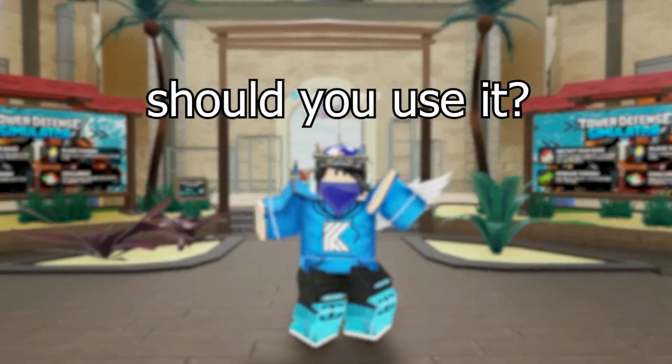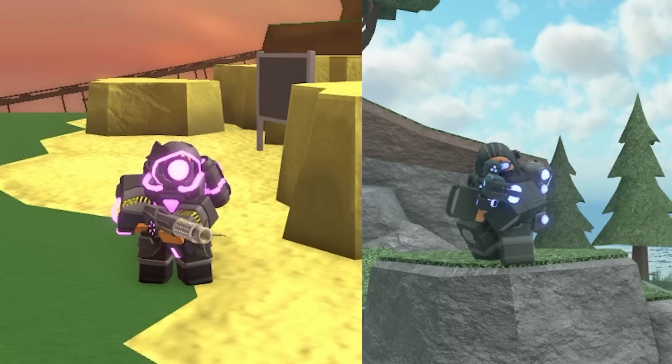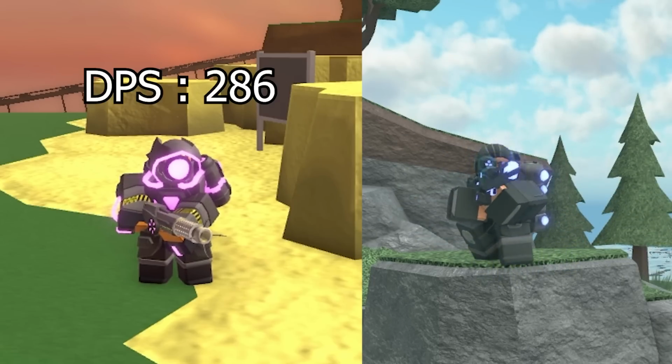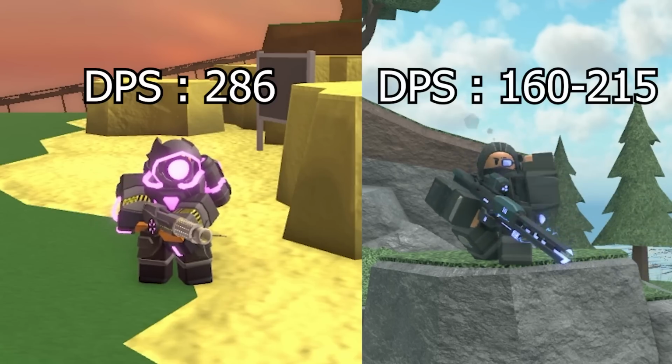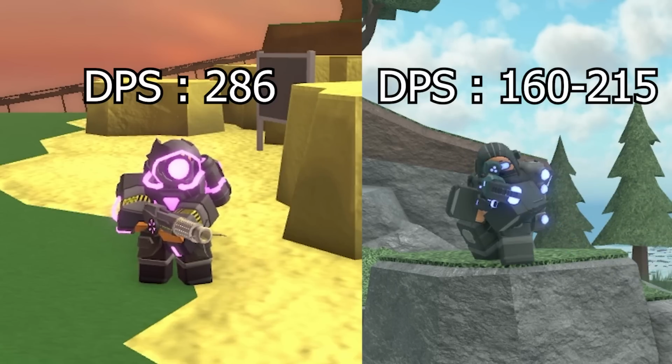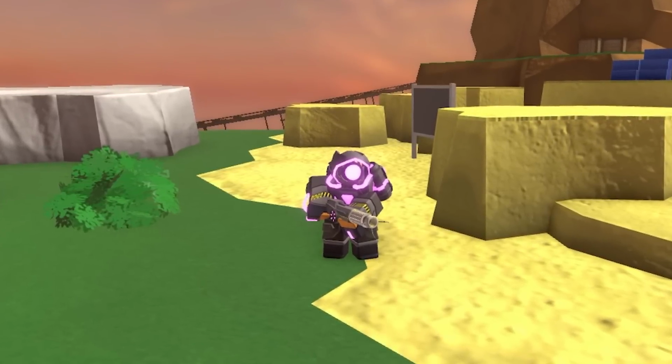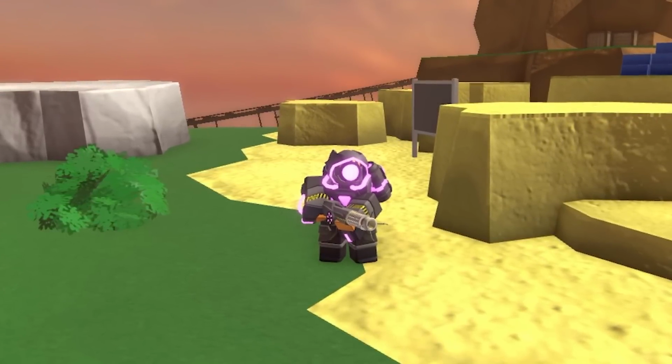Now, should you actually use it? Well, comparing it with Accelerator, we have a level 5 Accelerator coming in at a DPS of 286, whereas level 5 Ranger has a DPS of 160 to 215. This makes Accelerator better for overall damage output. Overall, with Accelerator also having better cost efficiency and less placement limit, I'd say it comes out on top, assuming